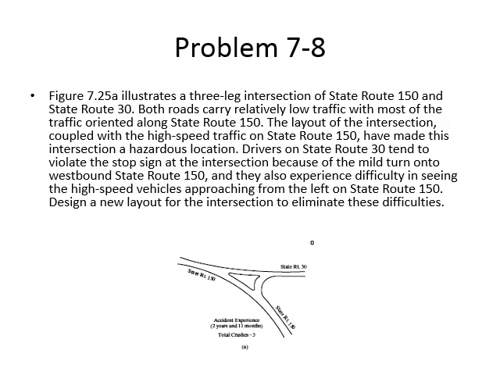This is an example where a three-leg intersection is given, and you can see it's a Y intersection. You have two roads crossing each other. This one is road 150 and this one is road 30. Both roads have less volume, so you cannot provide signals here, because signals do not work in low volume roads.